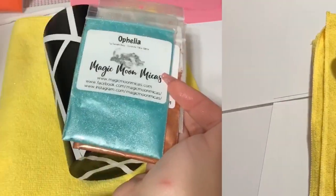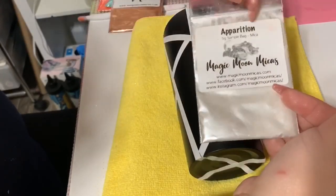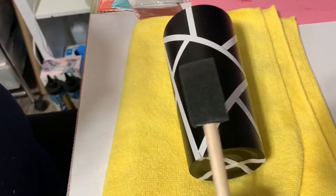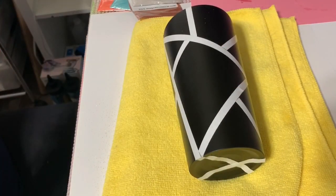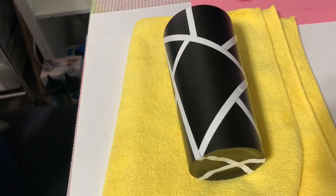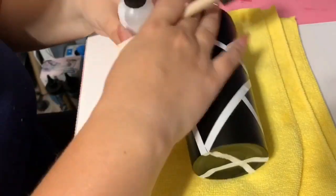Once your lines are done, you're going to choose your mica colors that you're going to put down. I use the ones for the monthly challenge that we do with the Magic Moon Micas group. I am using a fluffy bristle brush. It's a shadow brush from Wet n Wild, and right now I'm going to show you how I put Serendipity